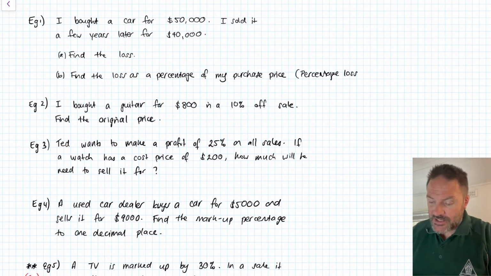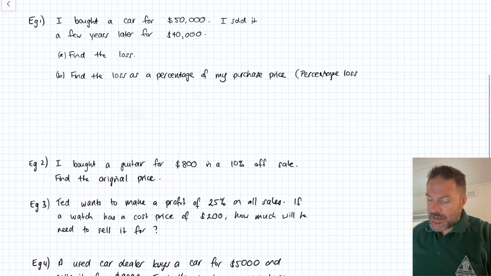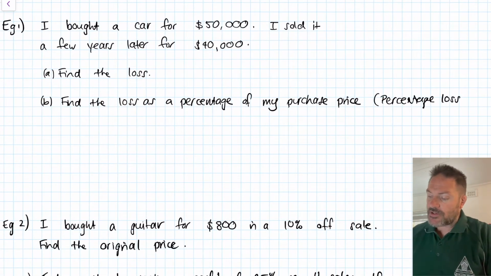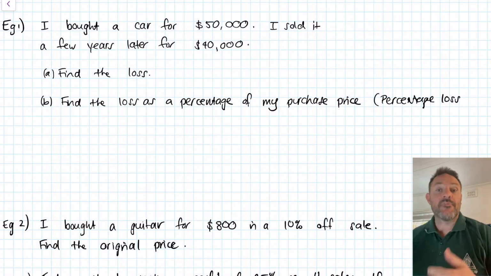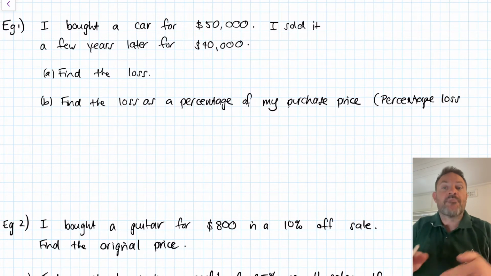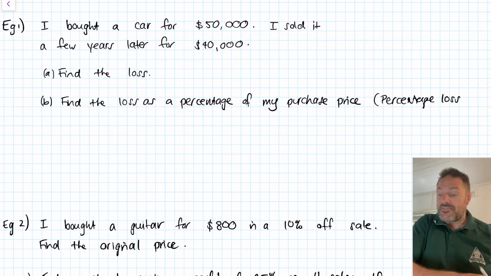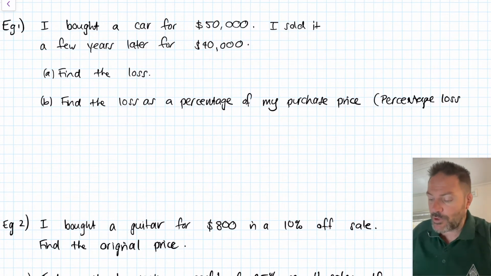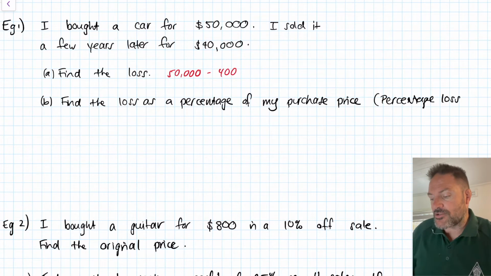I'm going to go now into example 1. Okay, I bought a car for $50,000. I sold it a few years later for $40,000. Find the loss. Well, obviously it's a loss because I bought it for 50 grand. I've sold it for $40,000. So what's my loss? My loss is $10,000. So if we're working out $50,000, subtract $40,000, which means I have a loss of